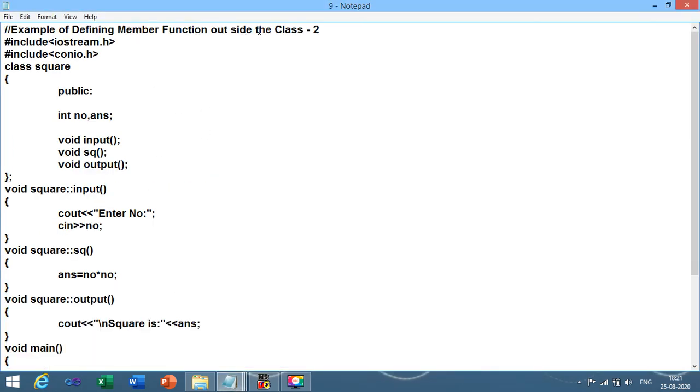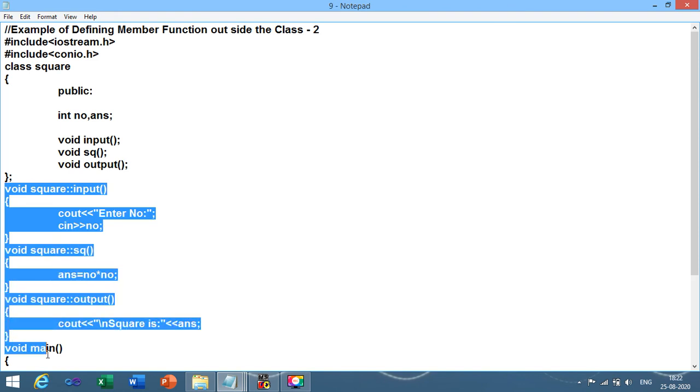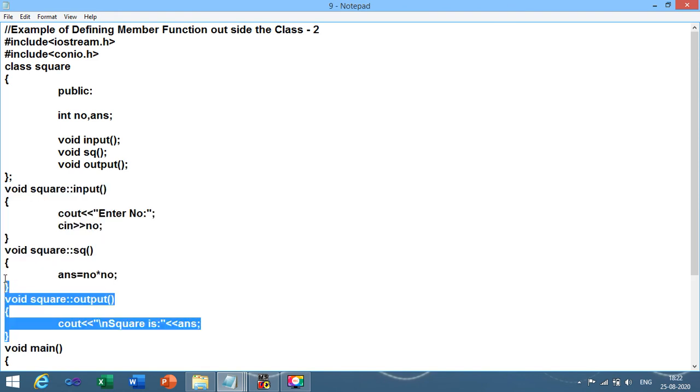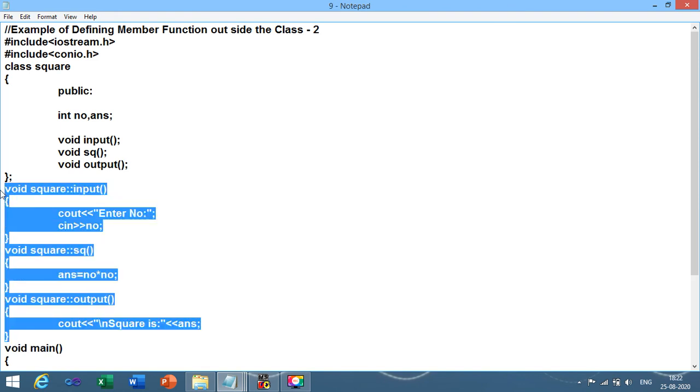Defining member function outside the class, second program, program number 11. The class would be square. Number and answer are the variables declared inside the class square. Three methods are declared inside the square class. I want to make them outside the class, so the body is developed outside the class.